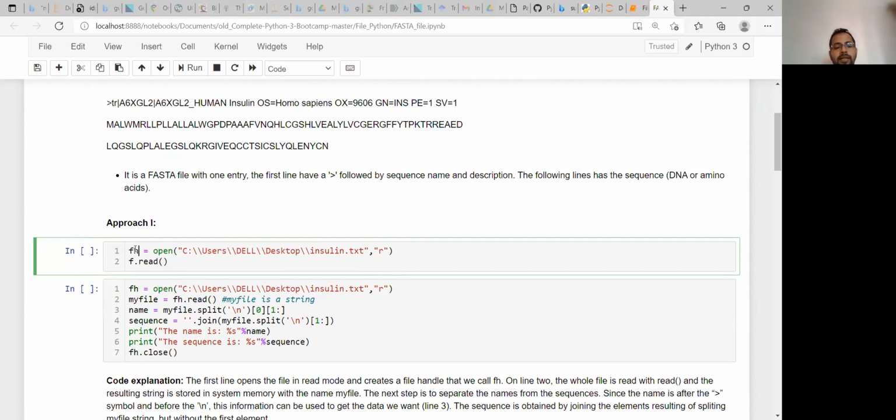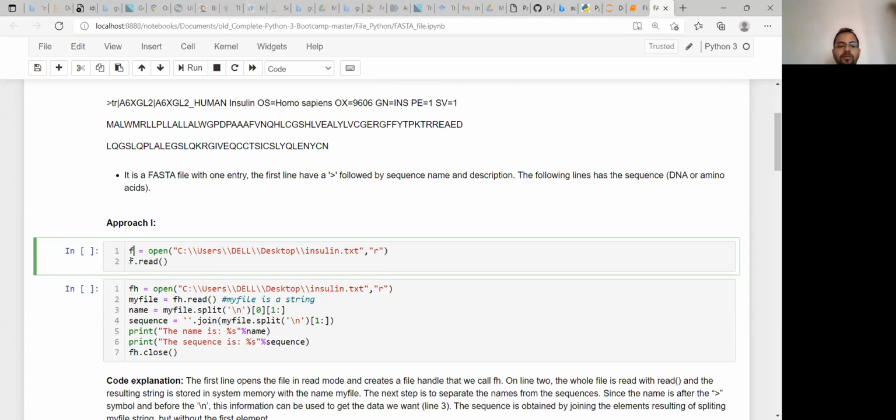We can write fh, or file pointer, or file handle, anything. For short, I have just written f, and obviously whatever command we use next, we will use this file handle name.